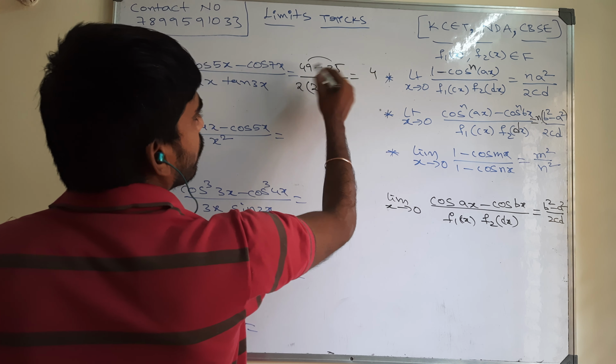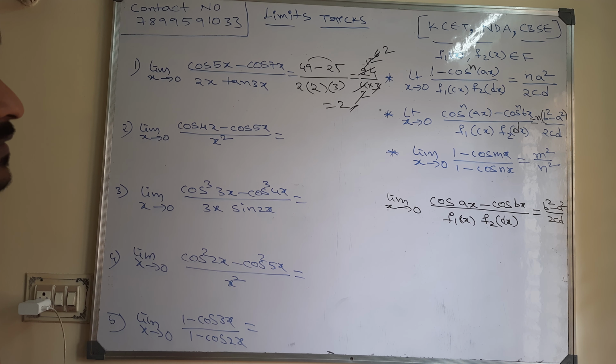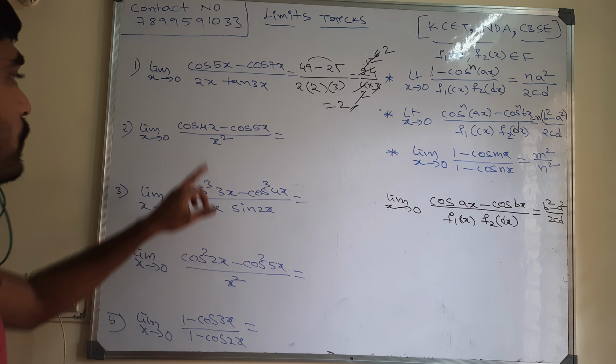Now can you calculate this? If you don't know, calculations are also very easy. In the 2 table, 2 ones are 2, 2 twos are 4, 2 sixes are 12, then 3 twos are 6, so the answer is 2. I am doing basic calculation, not more than that, so everyone can understand.